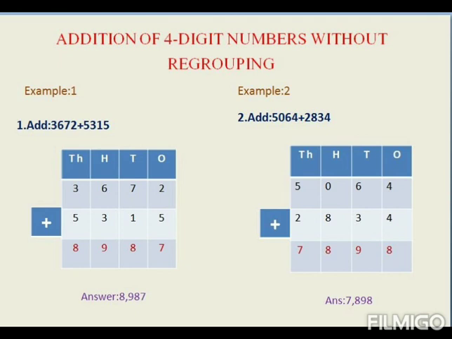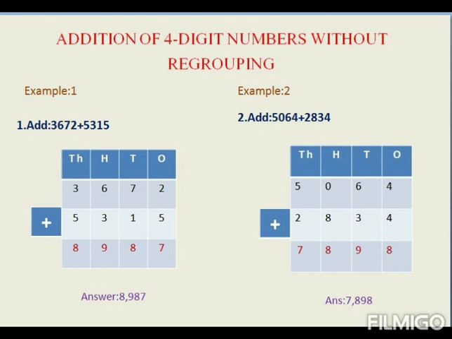Children, you know very well about the column method. You have practiced in your lower classes. Here we are just going to recall the steps. First we will write the places according to the number of digits, and then we will write the digits in their respective places, and we'll put the plus symbol on either side, maybe on the right side or left side. Next we have to start from the ones place column. Then we have to move one by one until we complete all the places.